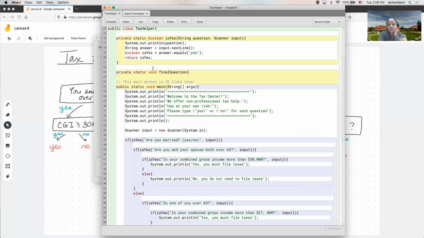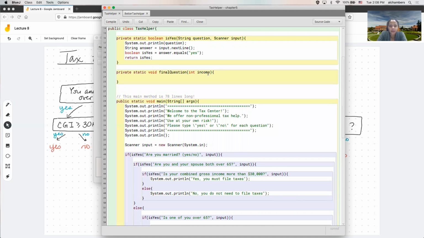what is better? Should we take in a string 30,000 or the number 30,000? It doesn't really matter. Let's do an integer. So integer income. Oh, I guess we also need the scanner. So we are going to ask them a question. So we're going to need the scanner so we can read their input. Okay, so the first thing this method is going to do is we're going to ask a question. So we're going to say, if it is true,